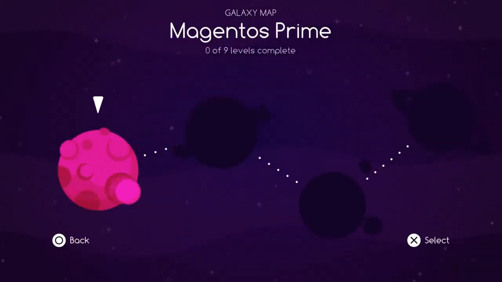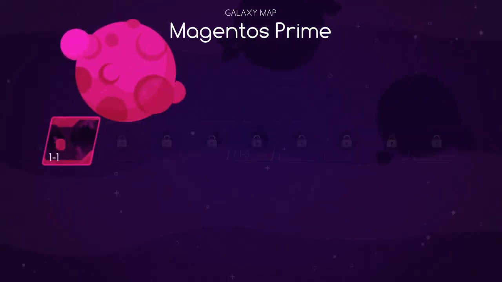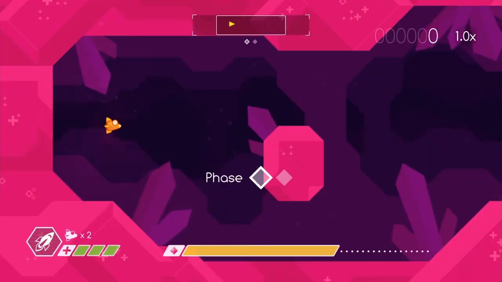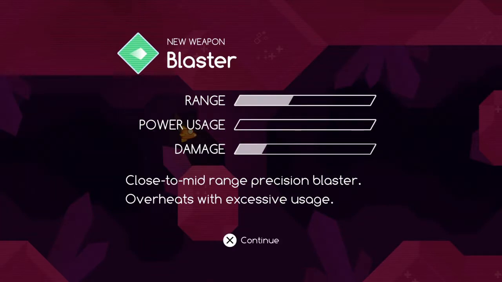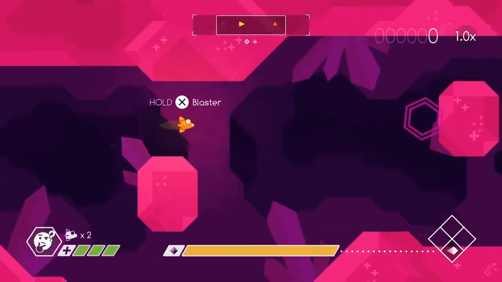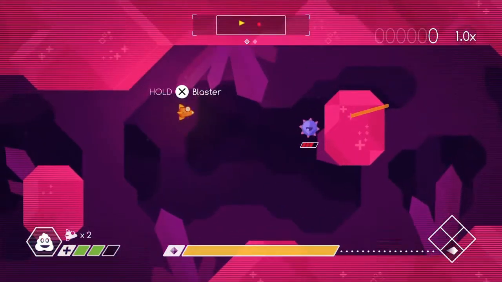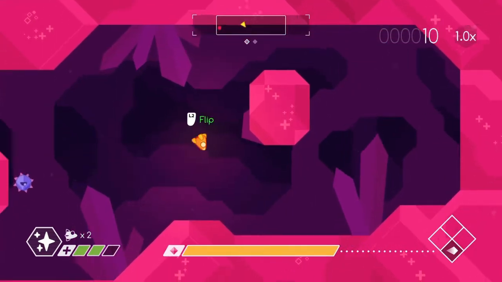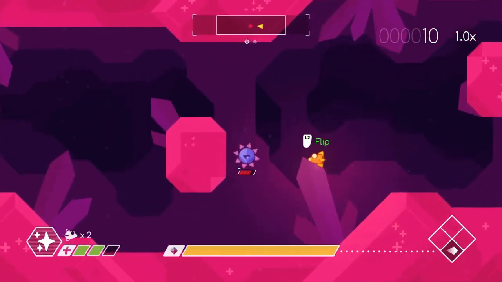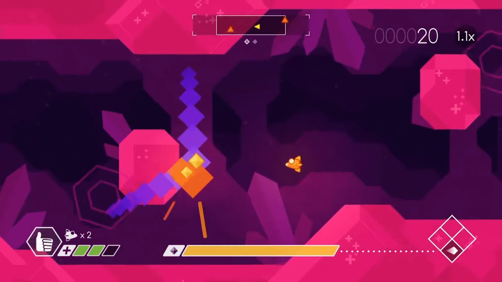So we start in Magentos Prime, and I'm going to take you through the tutorial so we can introduce the game mechanics. Now the first thing you're going to see here is our first weapon, a standard blaster type weapon. When you see those exclamation marks, you know there's an enemy. L2 is utilised to flip the other way, so you can scroll both ways on the screen looking to destroy